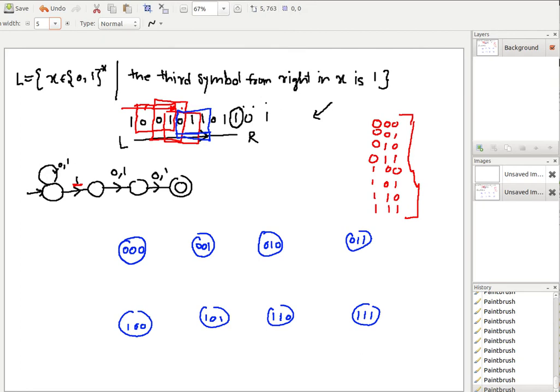If I have to mark which will be the final states, so certainly if you stop at this point, all the states with 1 as the first symbol, that is denoting that 1 is the third from the right, so that will become the final state. So all these 4 possibilities are the final states. If not clear, please ask.